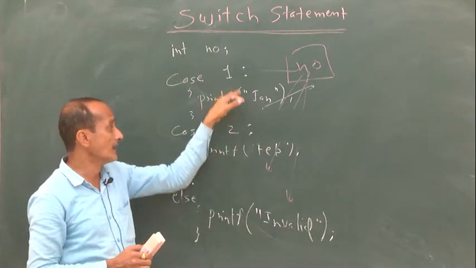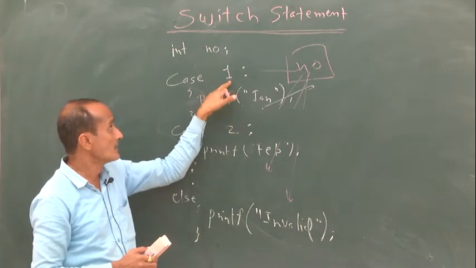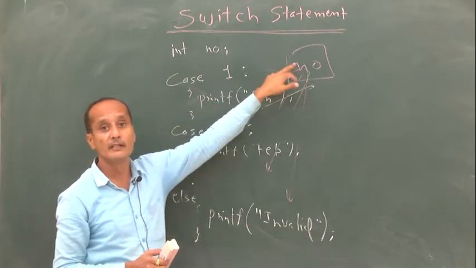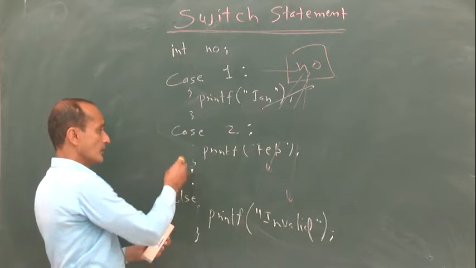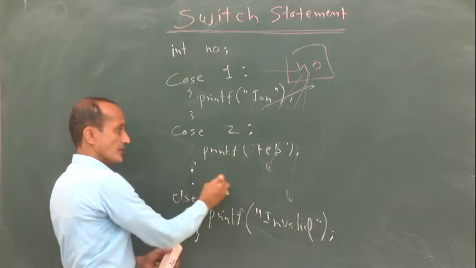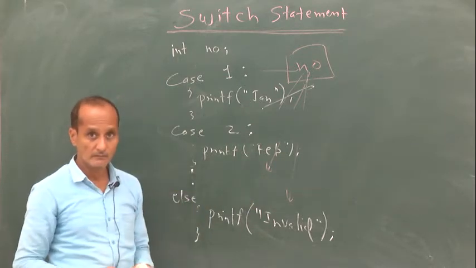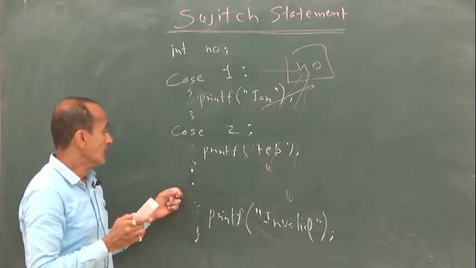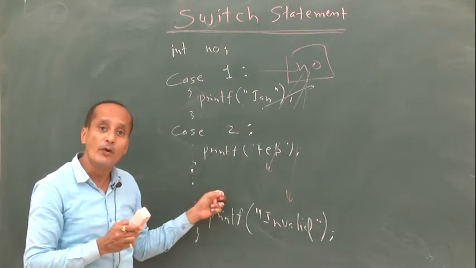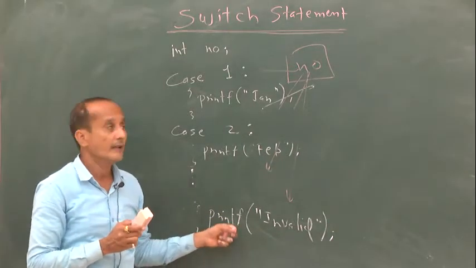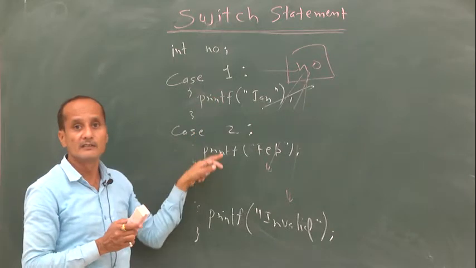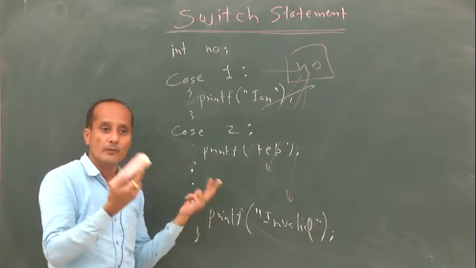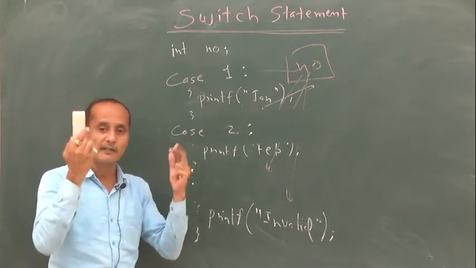Now this is, I am not numbering the cases. 1 is a possible value that the variable no can have. 2 is the possible value that the variable no can have. Like that I can go on, case 3 colon, case 4 colon. And when it is the last else kind of a thing, meaning it is not a single value for which this is to be performed. 1 is not there, 2 is not there, 3 is not there, 4 is not there, up to that 12 is not there. Then it can be 14, it can be 5.5, it can be 17, it can be any